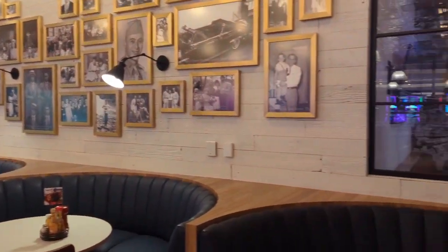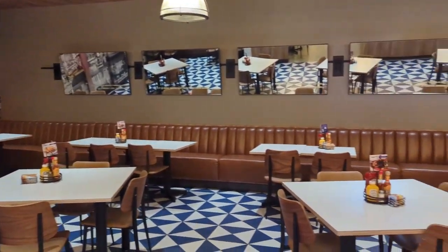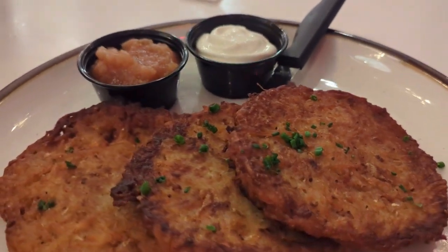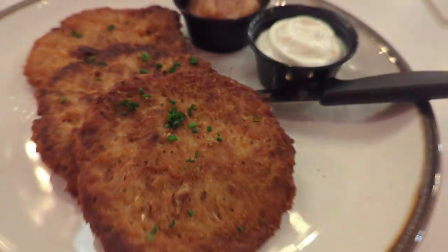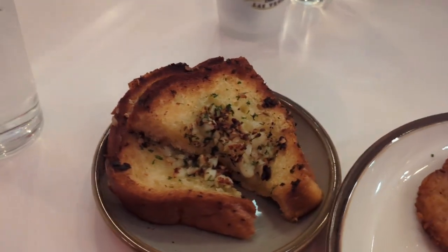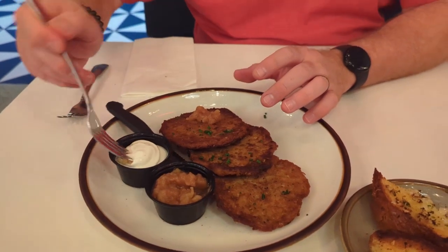It's not going to be the cheapest meal that you have in downtown, but if you get a couple of different things and split them like we did, you're probably going to enjoy yourself. I will let you know, though, they do have late night, overnight, early bird, I don't know what you want to call them, after midnight specials. And you can get some pretty cheap eats if you're the kind of person that can stay up that late and then consume mass amounts of carbs. Anyway,